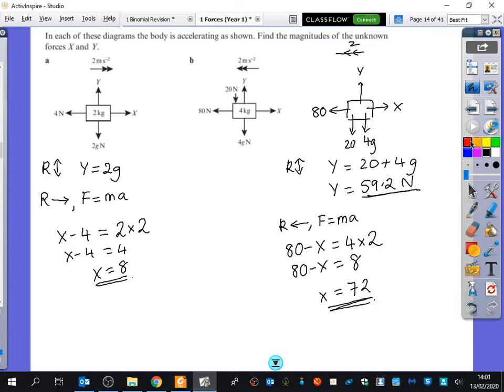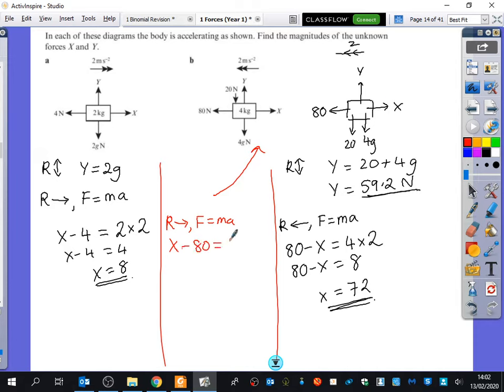Just want to show you something out of interest. And you don't need to write this down if you think you don't have to. Imagine I said, actually, I'm going to resolve it to the right instead, and I'll do F equals ma. Just imagining this question over here, but doing it to the right instead. What would the beginning bit be for the resultant force? It would be this one minus this one, which is x minus